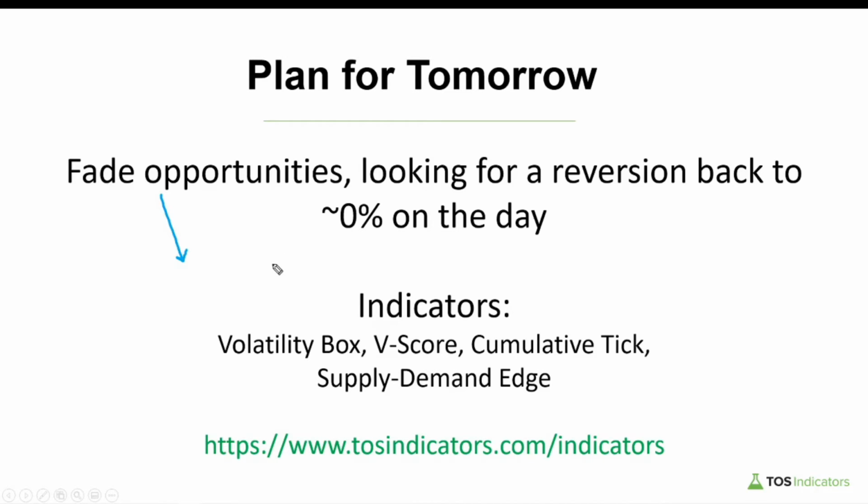Again, the ways you can use this in terms of indicators, you can use the volatility box, right? The volatility box is our bread and butter that gives us very concrete fade zones. Outside of that, you could also use the V-score to try and find areas in which you're extended in terms of standard deviation. You could use the cumulative tick to try and find areas in which the cumulative tick is starting to turn and overlap that with the supply demand edge indicator. And for all of our members, you can overlap that with the edge signal, which gives you a very concrete place in which you're expecting the market again to revert back to the mean, which in this case, the mean represents that 0% zone.